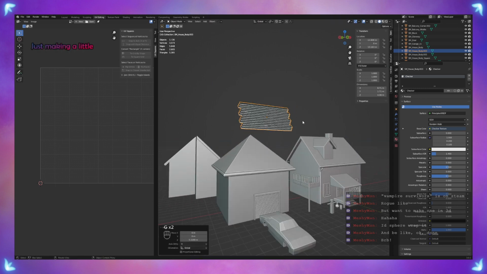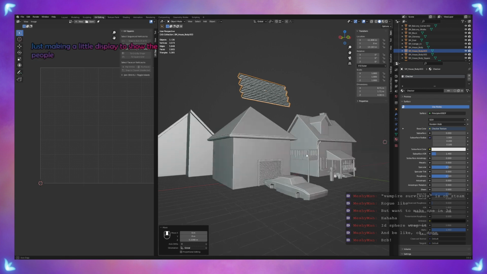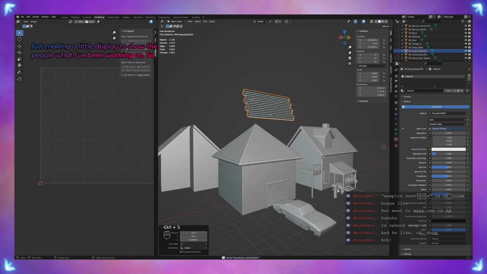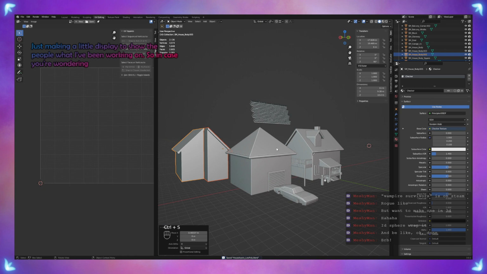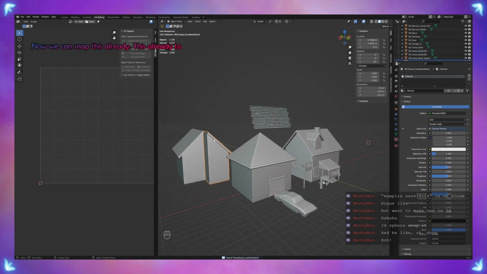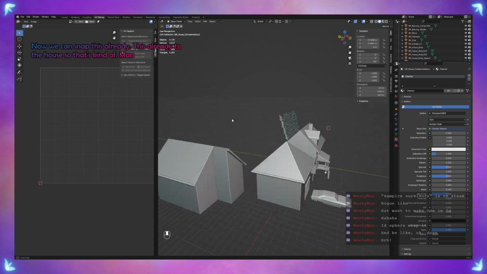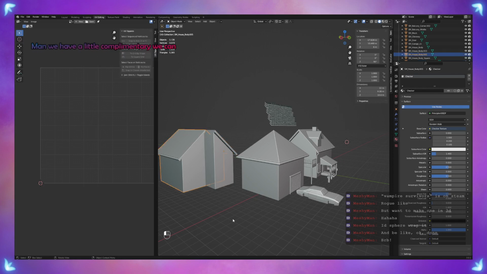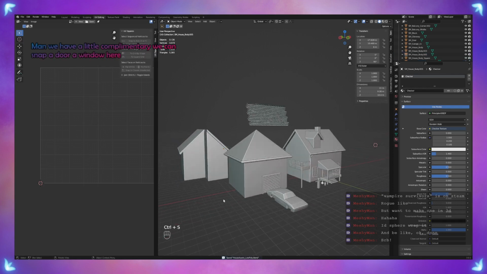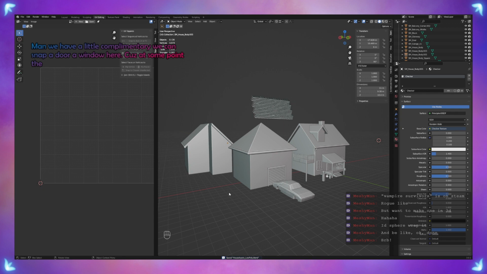Just making a little display to show the people what I've been working on. So, in case you're wondering. Now we can snap this already to a house, so that's kind of. Then we have a little complementary. We can snap a door, a window here. The idea is that at some point I will have like a significant set that I can use. But anyways,